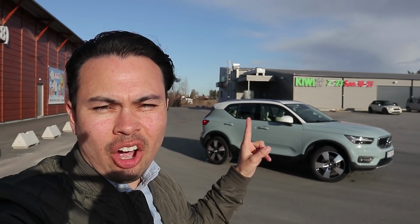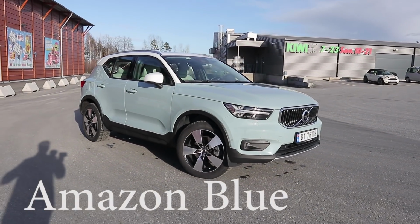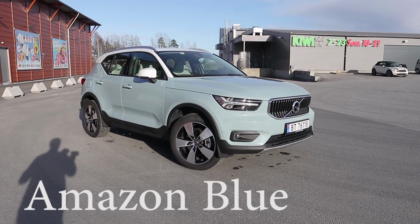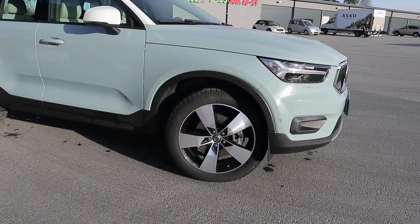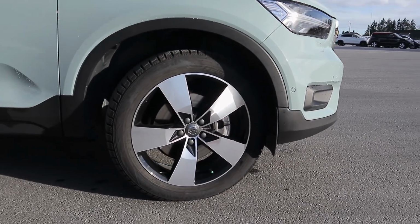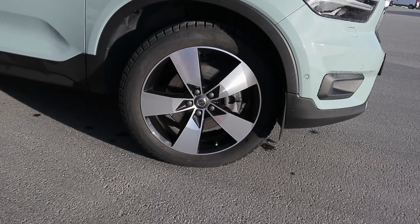In this video, we're going to take a look at this car in detail on the exterior and on the interior. First off, this blue color is very nice, a pastel blue color. You can see this car is also equipped with these 5-spoke 19-inch wheels. This car is currently on winter tires, Nokian Hakkapeliitta R2